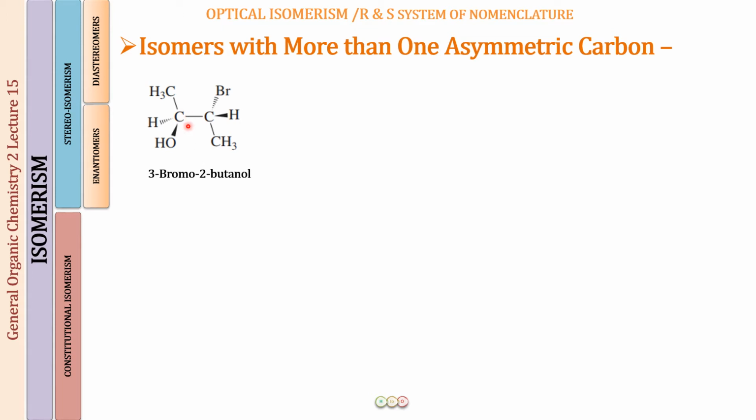Fine. So this is one of the enantiomeric forms of 3-bromo-2-butanol, and we want to know what is going to be the configuration for these two chirality centers. What is going to be the IUPAC name of this compound? So just look at one of the chirality centers. Just thinking that this is the only chirality center, can you tell whether this is going to have an S configuration or an R configuration? This is what you have learned in the previous lecture.